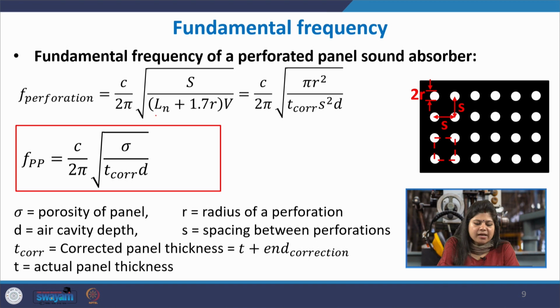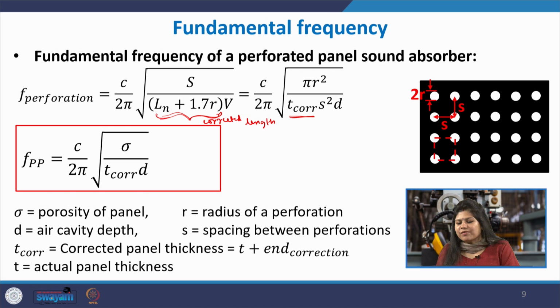So, this is the corrected neck length, which is the neck length plus 1.7 times r. This is an empirically derived relationship from various experimental studies. It means that we add some correction factor to the length to get a corrected length for the neck. So, we can simply add the corrected thickness of the sheet in place of this corrected neck length, and